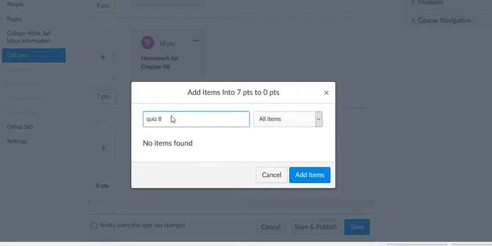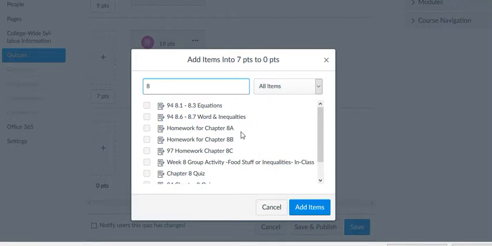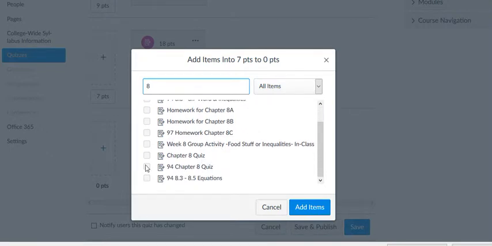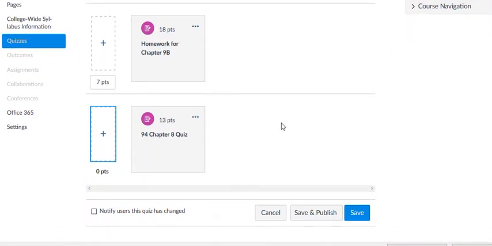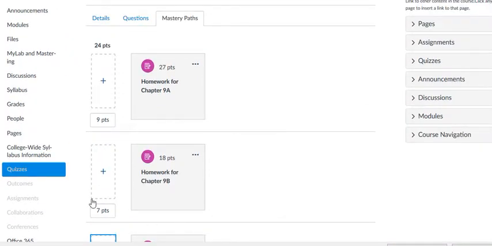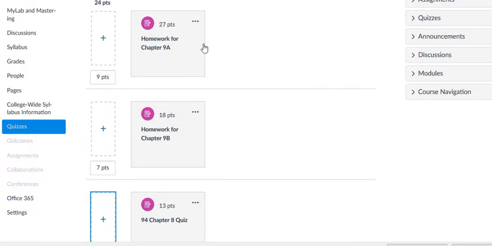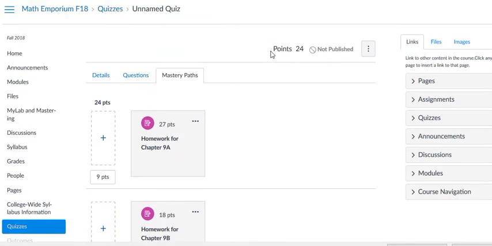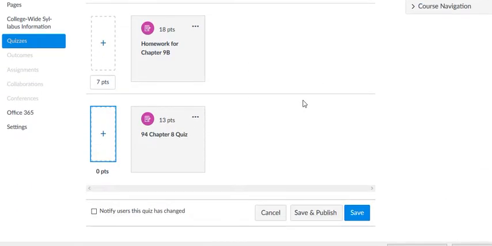And whoops, no items found. Let's be a little less specific here. Let's just do 8. It's actually 94 quiz 8, so that's what I want. All right, so now I've added those. I have my questions, I have my numbers set, I have what's inside each of those mastery levels set. So I'm going to save that. I have to still give some better directions than I did, but